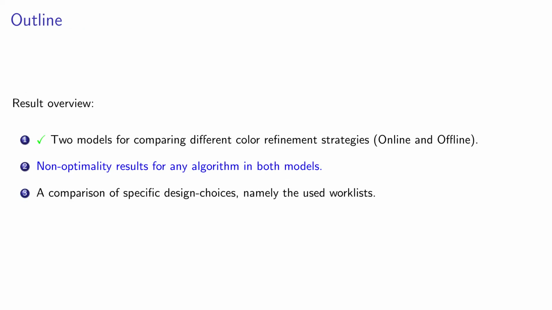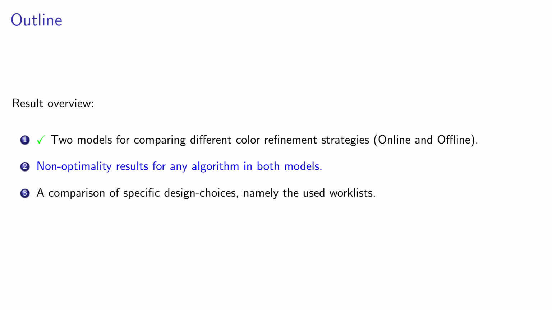Okay, so now that we have defined the two models, we want to answer the question for an optimal algorithm in the next steps. We start with the online model. Therefore, we now want to prove that there is no strategy within the online model that reaches the asymptotically optimal cost on every graph class. To do this, for an arbitrary strategy, we define a graph class on which it performs logarithmically slower than the